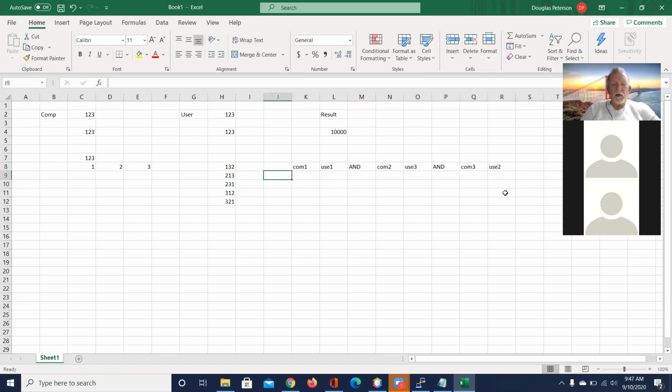All right. So then I also have to check for, is computer 2 equal to user 1 and computer 1 equal to user 2 and computer 3 equal to user 3. Or is computer 2 equal to user 1 and